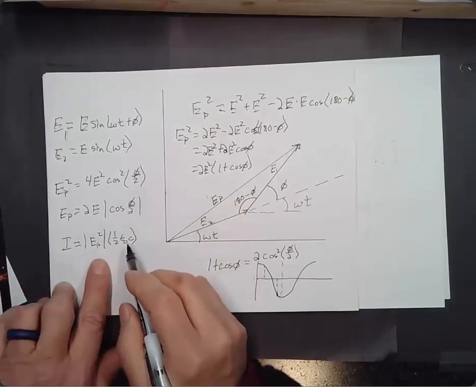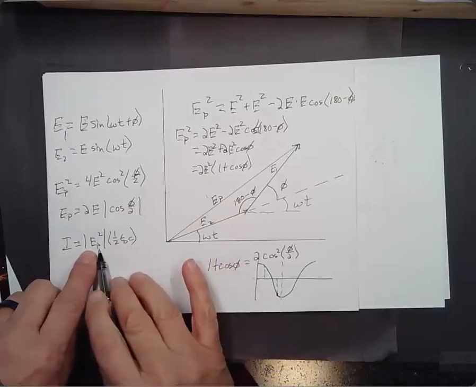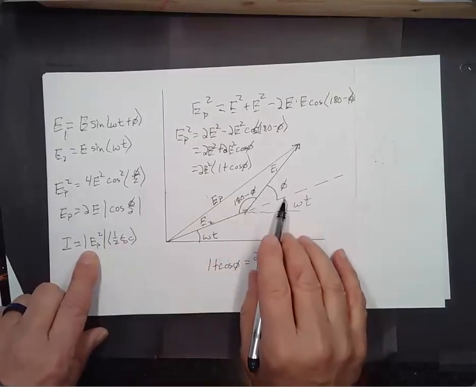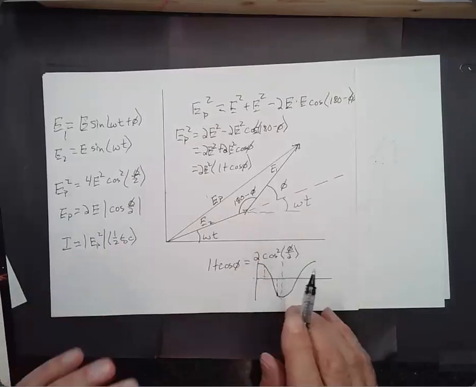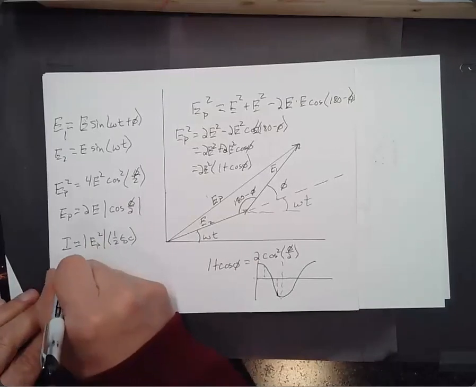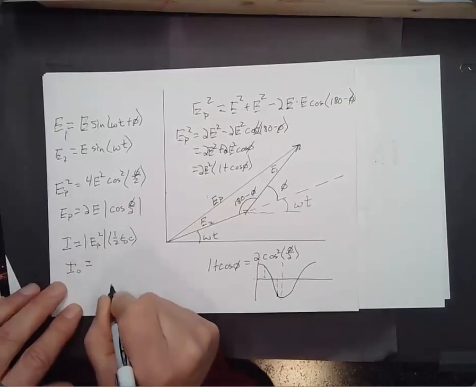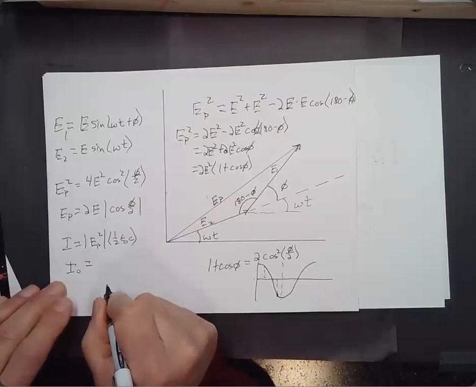But if I take the value of this when phi is equal to 0, that would be phi is 0 at the central maximum. So at the central maximum, the intensity is going to be, let's see,